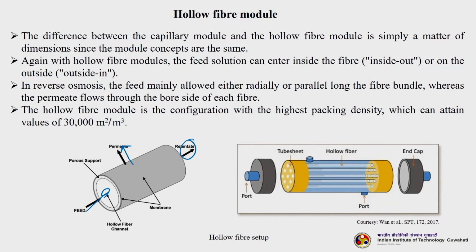A clearer picture you can see here, how so many different hollow fibers are fused together, okay, and there is a tube shown as a port, and there is a port here. So, either we can flow feed from here, or we can flow feed from here also. It depends upon whether you want inside out or outside in,